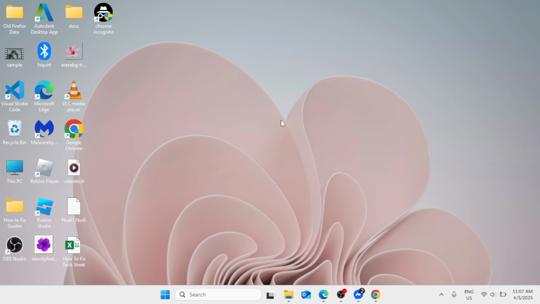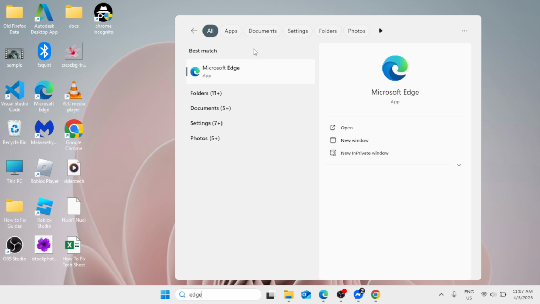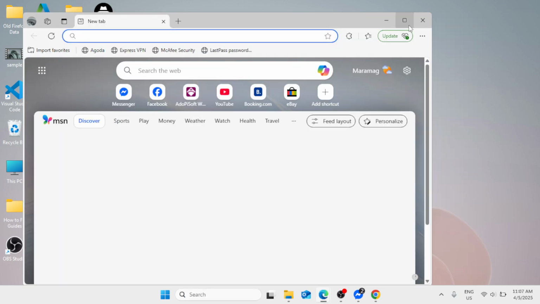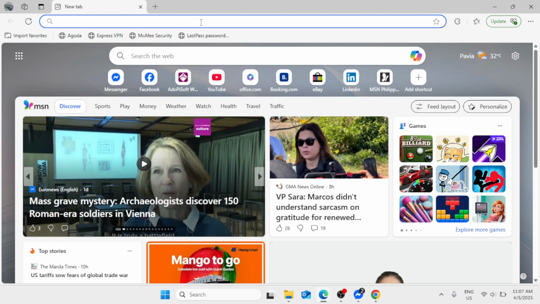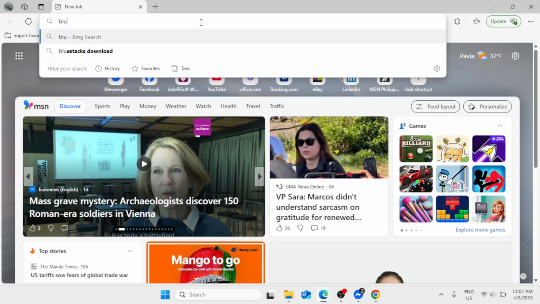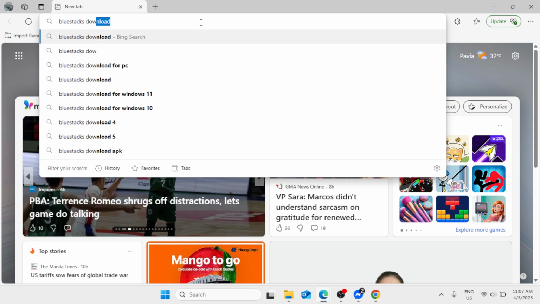So all you have to do is open a browser. Now let's go to the Windows search bar and type Edge to open the Microsoft Edge browser. Now maximize this. Here in the search bar, you just need to simply type BlueStacks download, hit enter,